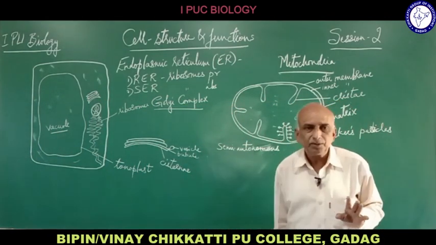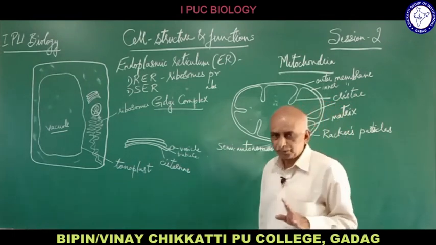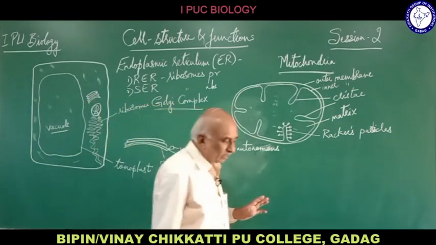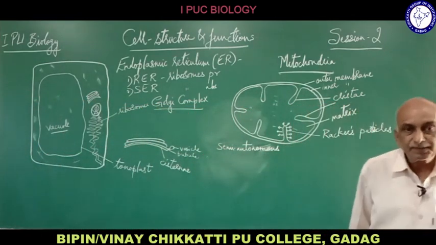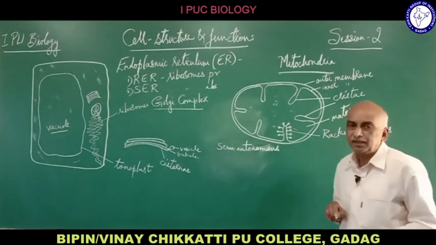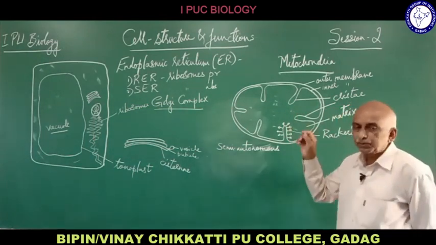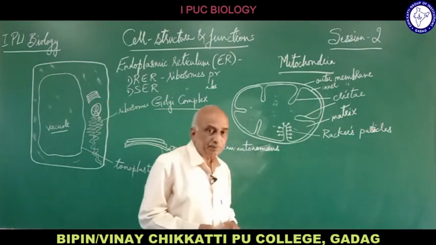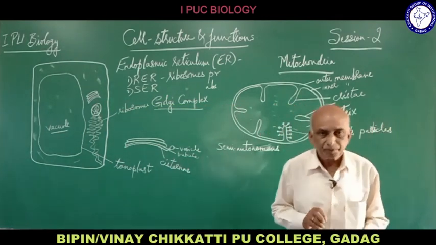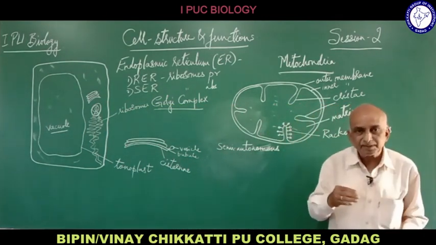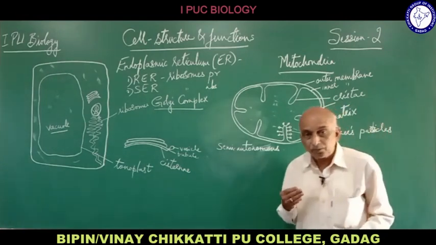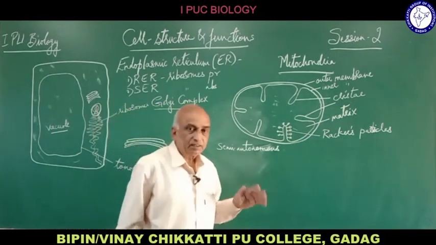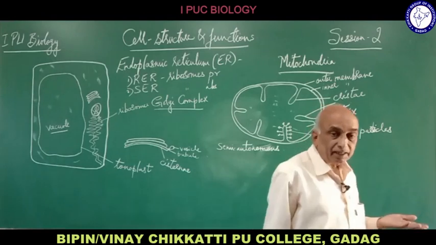But when we studied the endoplasmic reticulum, Golgi and lysosomes, they have several functions. But mitochondria have a single important function, that is cellular respiration, which we will be studying in plant physiology. This respiration takes place in mitochondria and involves 3 steps. One step takes place in the matrix, and the other 2 steps take place in the Racker's particles on the